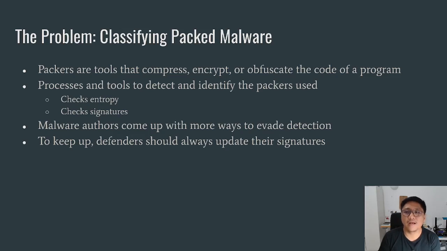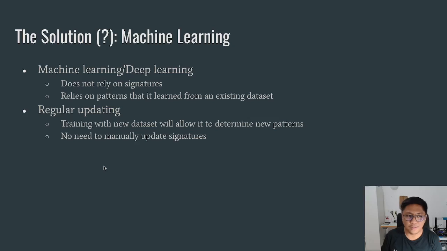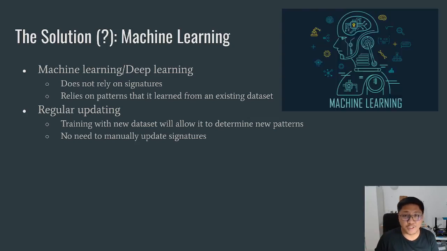And this is where an automated system would be really beneficial, right? And the solution, I feel, is machine learning. With machine learning, it does not rely on signatures. What it relies on is patterns that it has learned from an existing data set that it has trained on before. Later, I'll talk more about how it works. But for now, just try to understand that it can detect minute patterns, so that even if there is a new update wherein